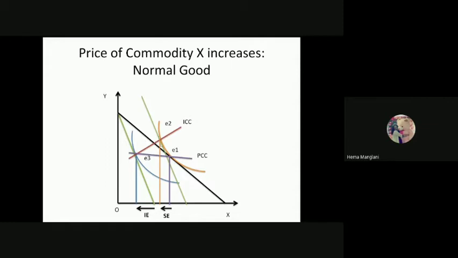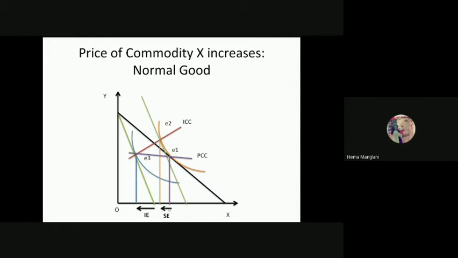Now the consumer will like to consume more of Y, because my assumption for commodity Y is that it is a durable good. And similarly, X is also durable. That is why, when the price is declining, you will not consume more of it. This happens to all durable goods because of the elasticity approach. So if the price of commodity X is increasing, you would postpone its consumption and consume more of Y. That is why the substitution effect takes place from E1 to E2.